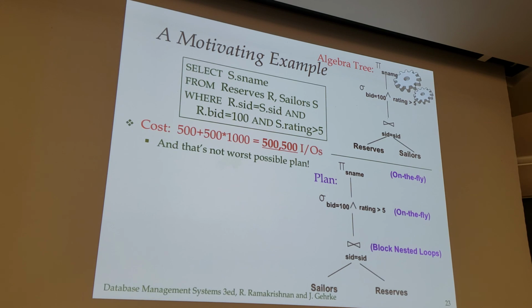And the cost of this, remember I said briefly to you, what is the block nested loop join? It's going to go through all the tuples inside the left-hand side relation, which might be the sailors. So we're going to do that. That's the 500 for sailors. And then basically what we're going to be doing is potentially looping through all the things inside reserves. And again, by playing it with blocks, we can